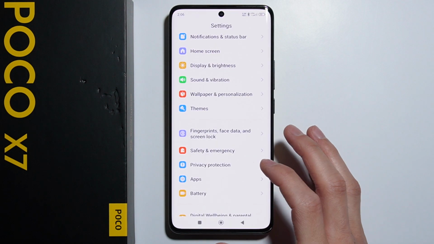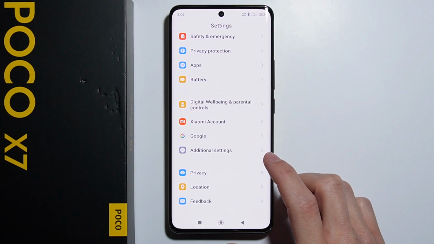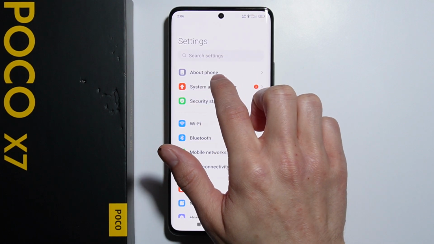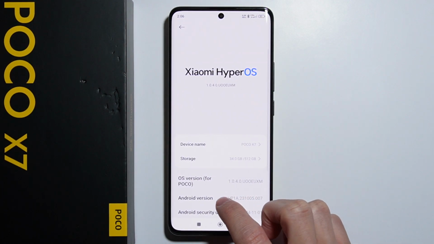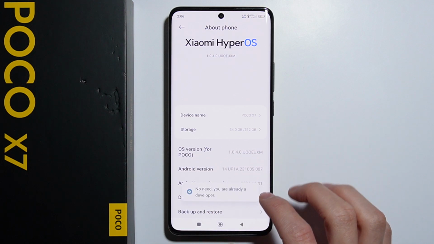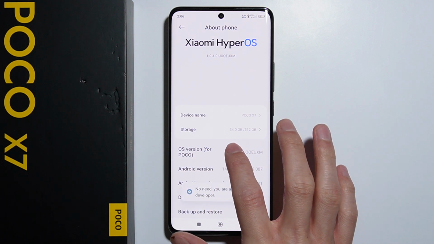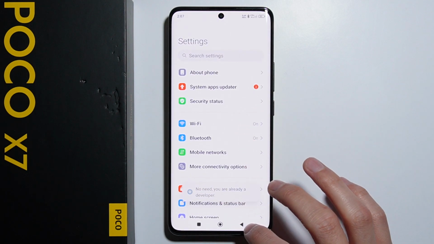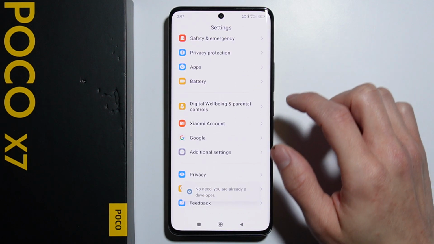You have to go into your settings, then scroll all the way down and go into the... Oh no, actually you have to go all the way up, and right here you have to go into About Phone, and you have to tap a couple of times the OS version, and you have to be in the developer mode. So now you have to go back into the settings, go all the way down